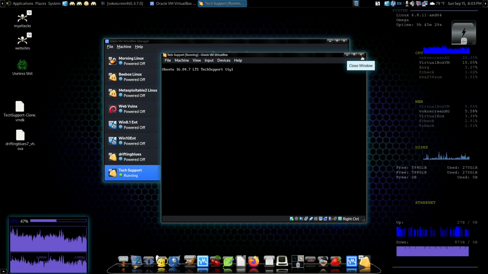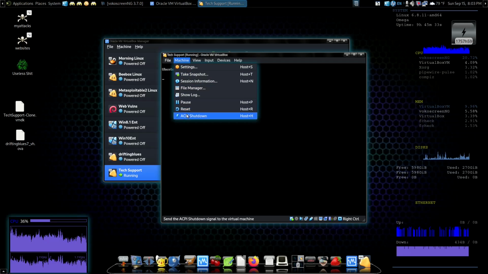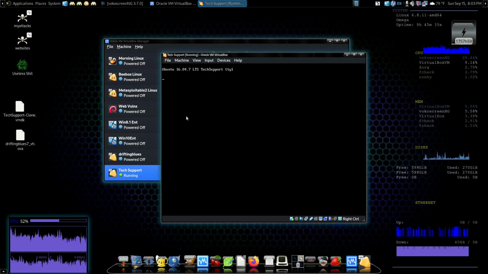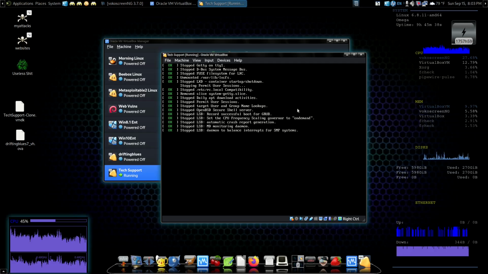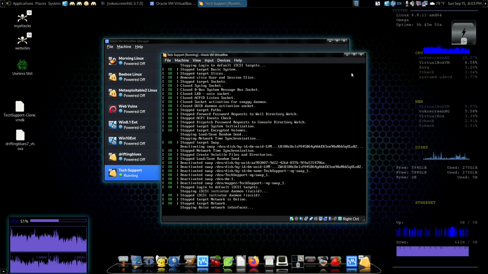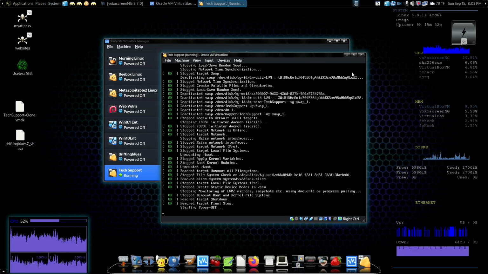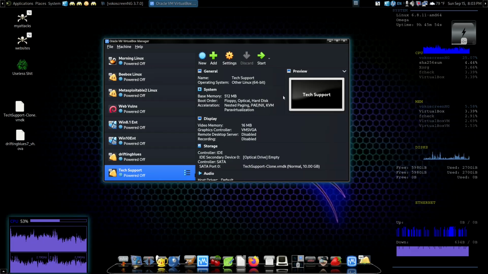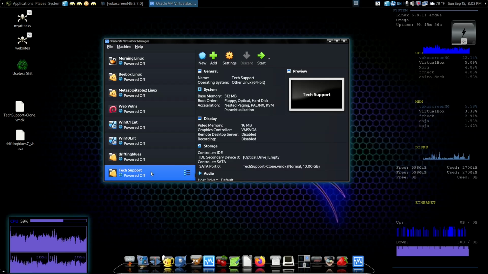And again, I'm going to go ahead and close this one down very rudely because we just loaded it up, but I'm going to go ahead and close it down. I'm just going to go over this one last part real quick with you just as a refresher from the last tutorial. And your machine will have to be off for you to do this. Remember to check the machine, do settings,